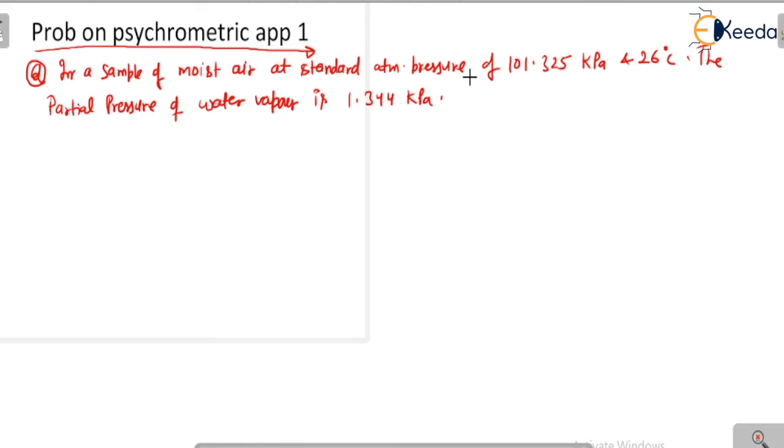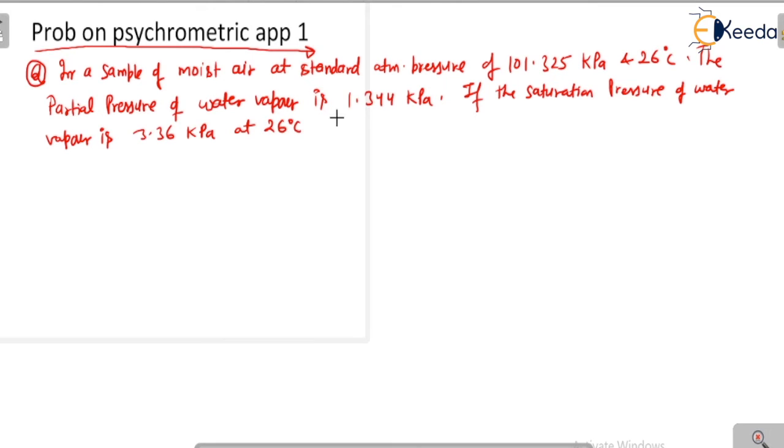If the saturation pressure of water vapor is 3.36 kilopascal at 26 degrees centigrade, then